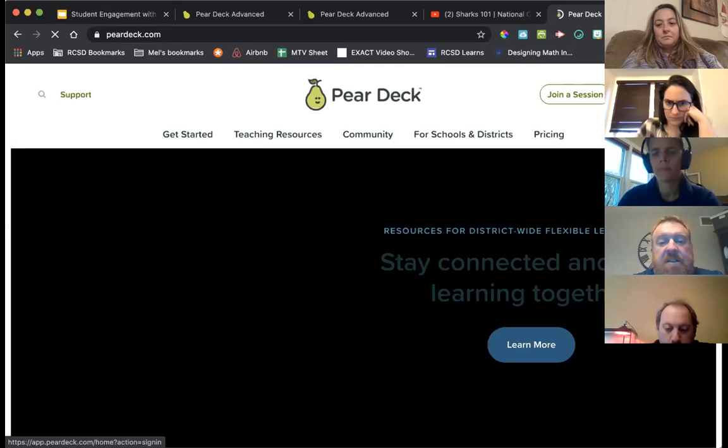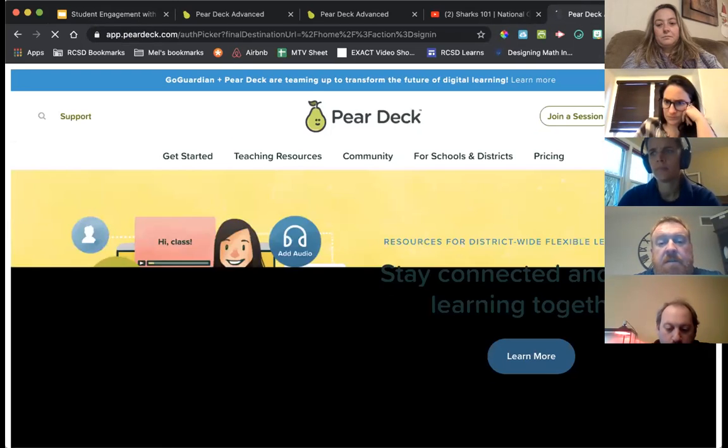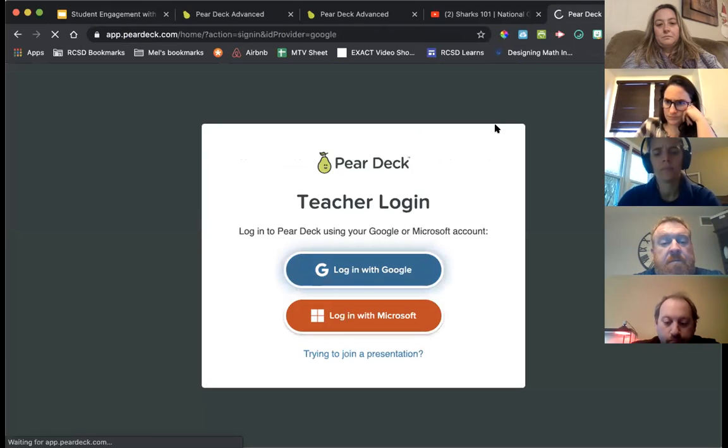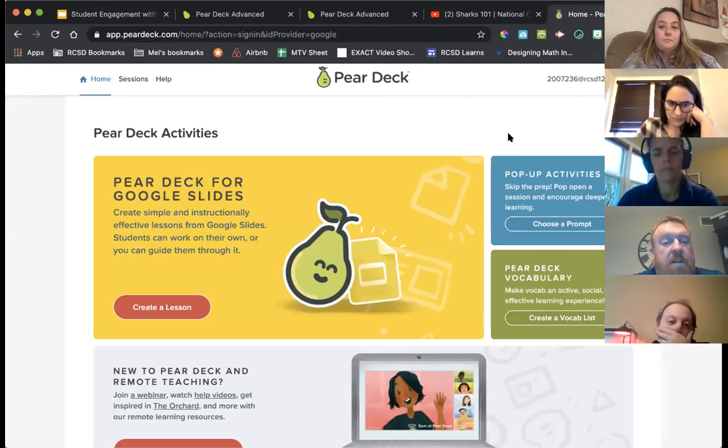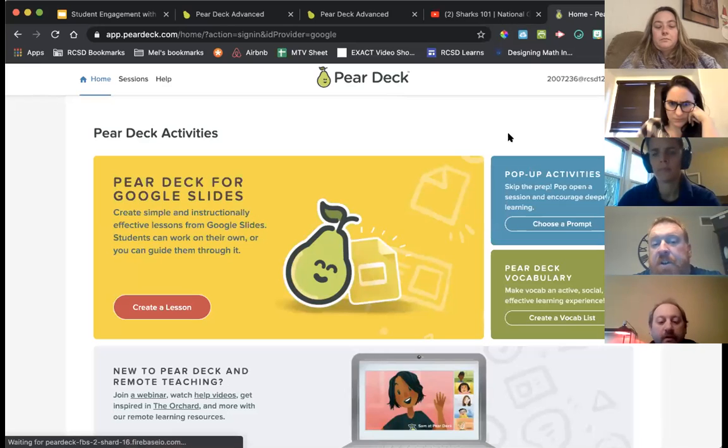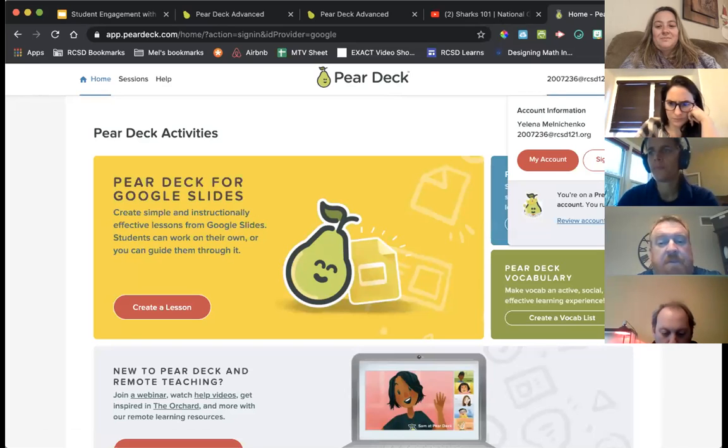Once you get to the site, you just want to log in. You're going to use your Google account. And then in the upper right corner is where you see your account. Since the district paid for the premium version, you should all see that nice little crown on top of your icon there. If you click on that and then go to My Account,